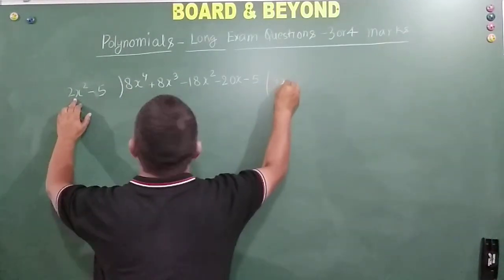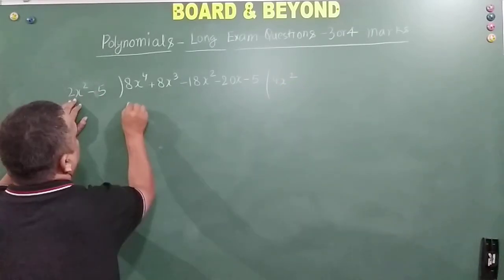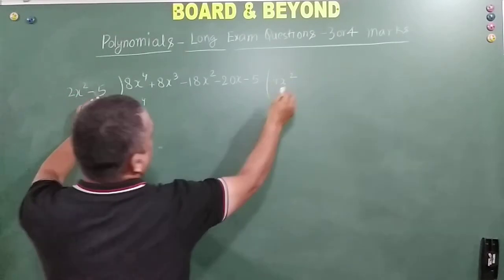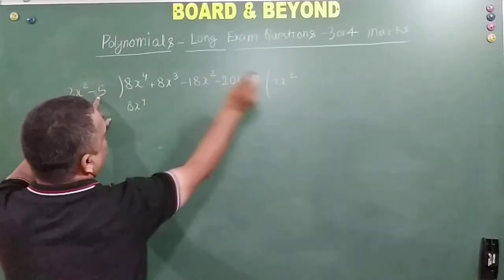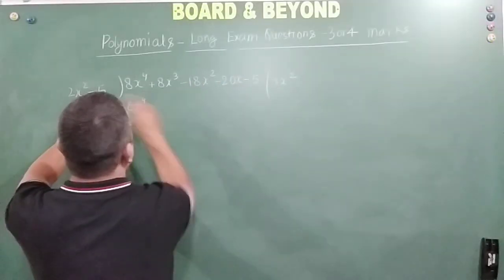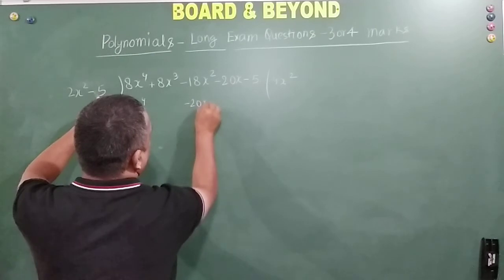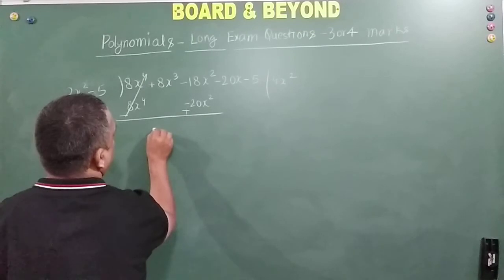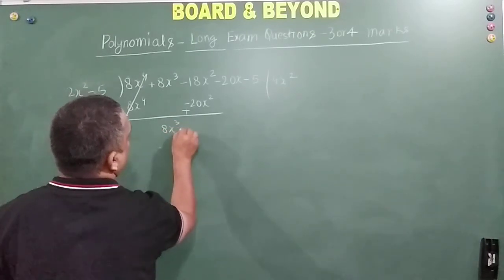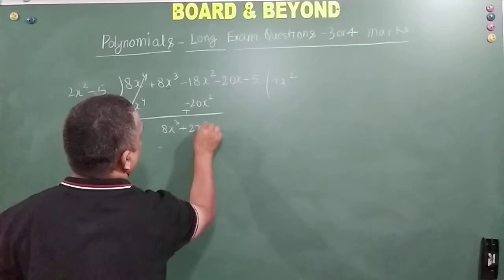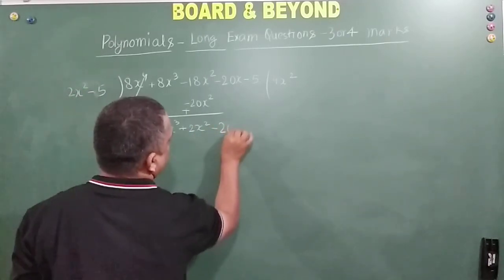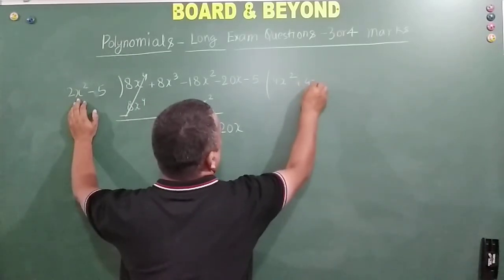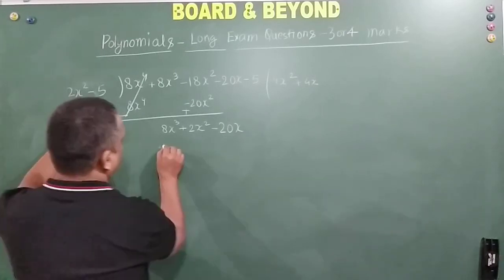So 4x square, right? 8x power 4. This gives, friends, again, see, x square into constant will give me x square only. So I will write it here. 4 into minus 5, minus 20x square. Please don't write it here. Minus plus, this cancels. This is 8x cube plus 2x square. Correct? Breaking down this 20x, I need 8x cube. So 4x will be enough? Yeah, 8x cube.